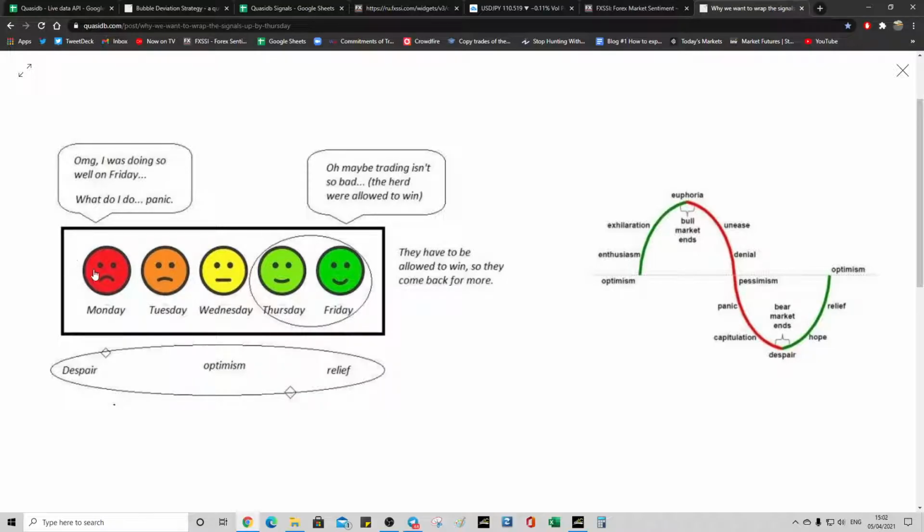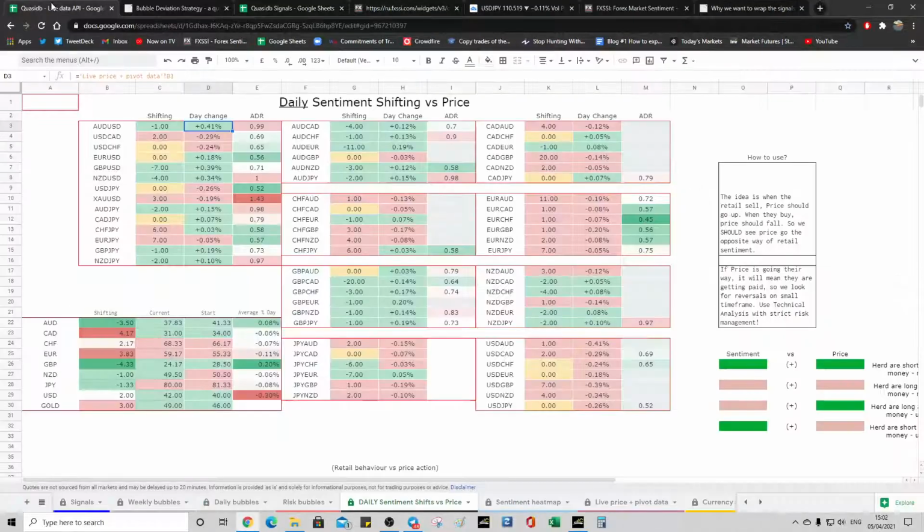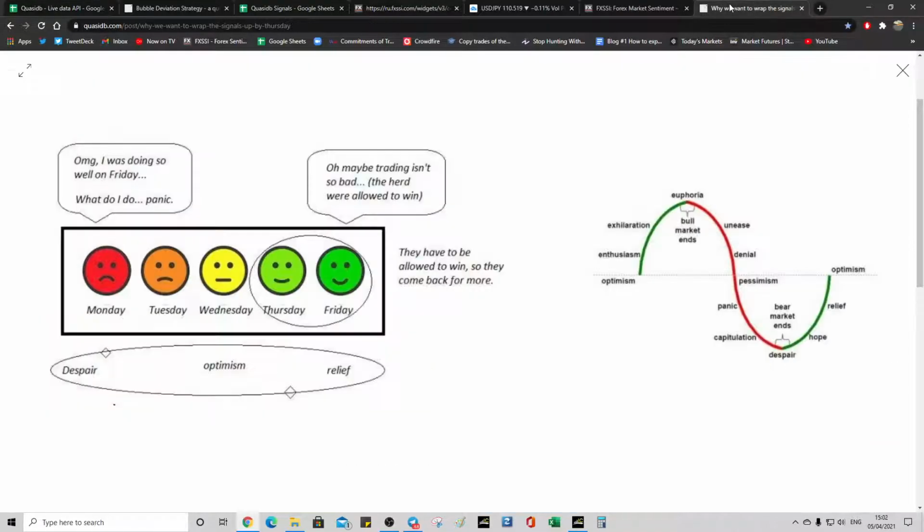Currently, they're undergoing pain, like you saw in that tab, the retail sentiment, the daily sentiment shifts versus price. So this is them being very frustrated, very unhappy and angry, and generally a bit peeved, because whatever they do, they lose money, right? And it will get better for them as they progress through the week. It's like the carrot on the stick. They don't want them to leave the casino. And by Thursday, Friday, they think, this isn't actually that bad, I made up for the losses I made on Monday.